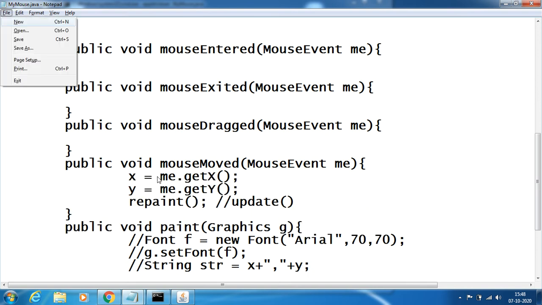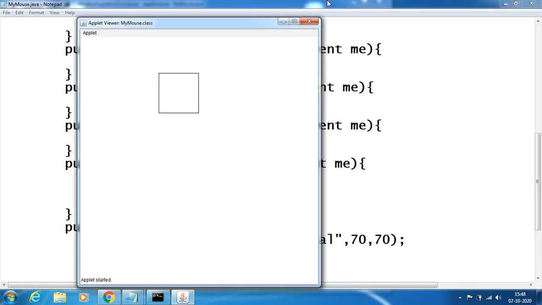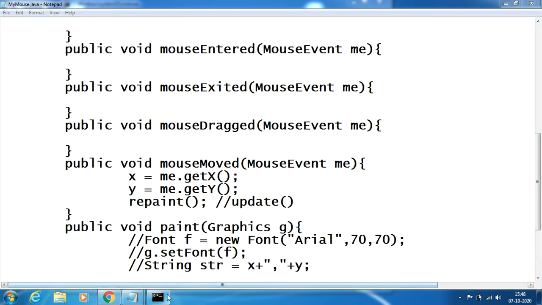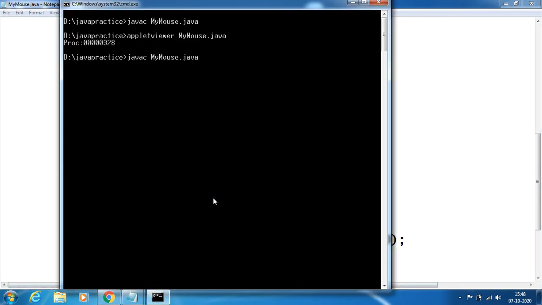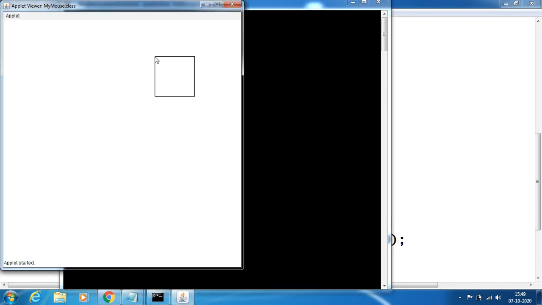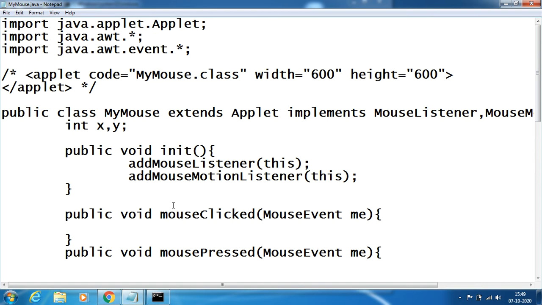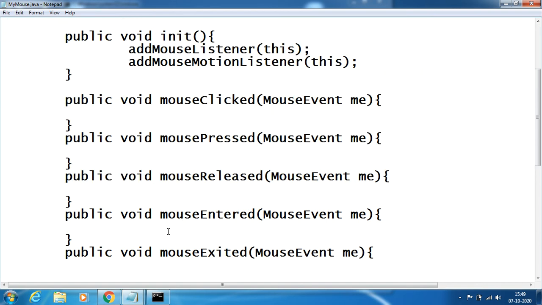If you keep this code inside mouse moved, that is different again. I just cut this. You may experience the same kind of behavior when moving or dragging, but here I experience it because I am clicking and dragging. Now I am just moving, I am not dragging. These are all different mouse operations that can be applied on the event delegation model. Done.